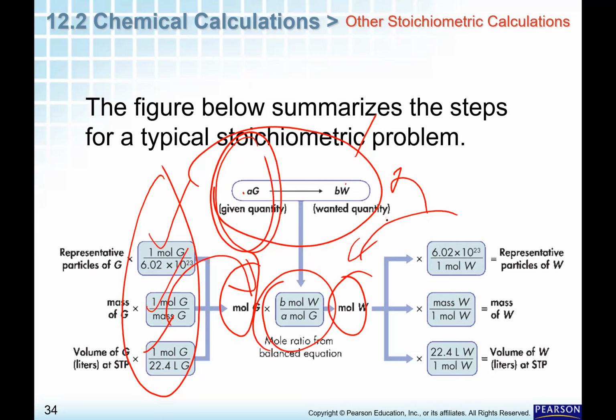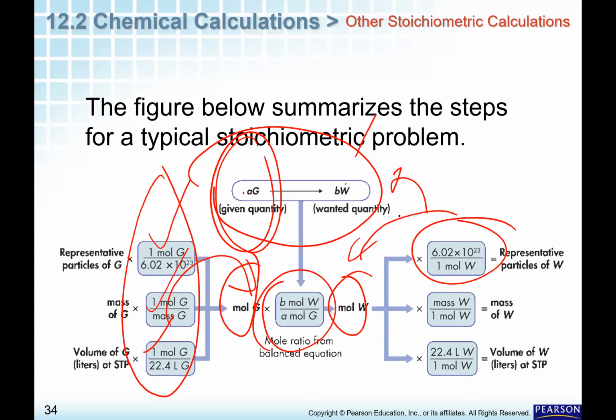If it asks for number of particles, you use Avogadro's relationship. If it asks for mass, you use the molar mass. And if it asks for liters or volume, you use the molar volume, and we have to assume that we have STP